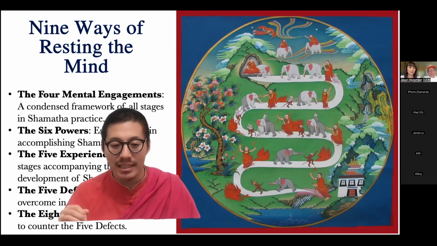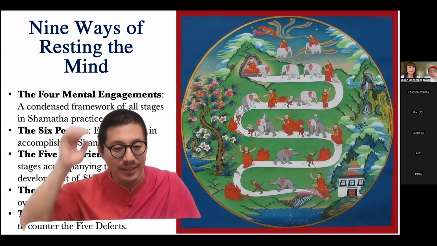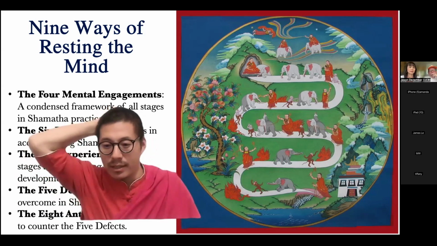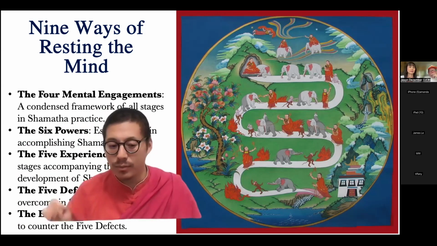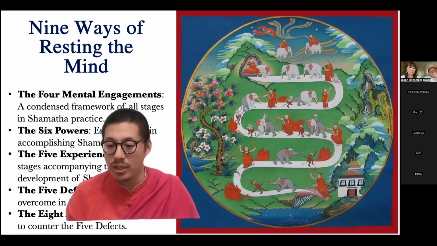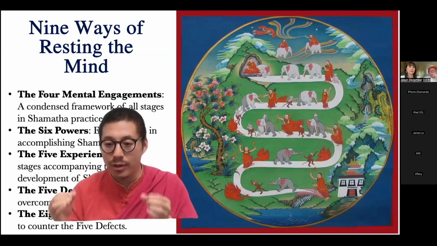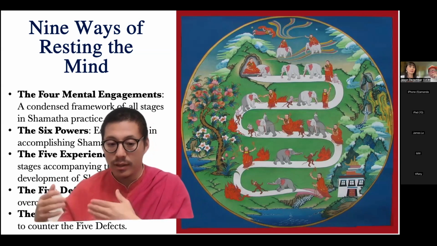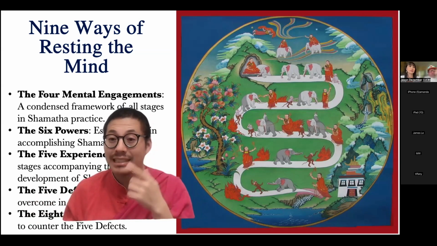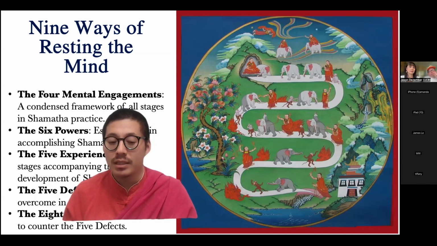To make it easy and for convenience, I made a very simple presentation in Microsoft PowerPoint. I'm going to talk about these nine ways of resting the mind, or shamatha, or calm abiding. The Tibetan word for shamatha is shine. Shi means peaceful, peace or calm. Ne means abiding, resting in that. So shine is calm abiding. There are nine ways of resting the mind, different stages, to attain that calm abiding aspect of the mind. This is what we can achieve